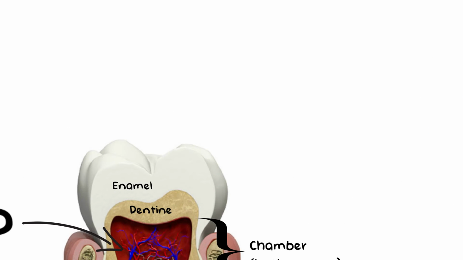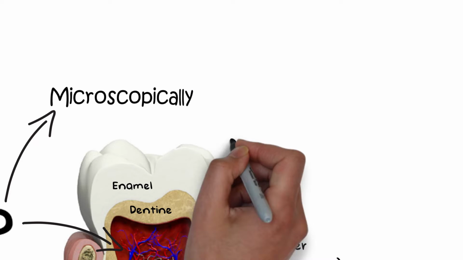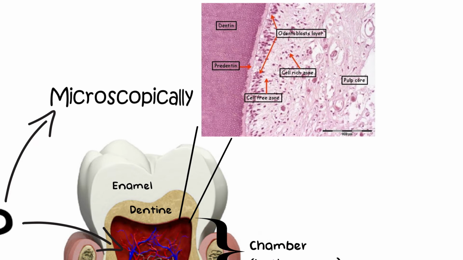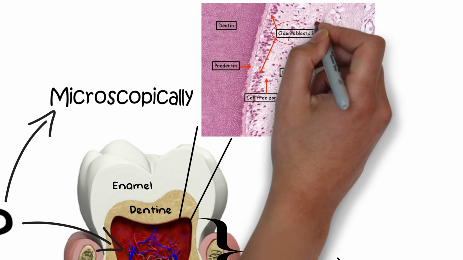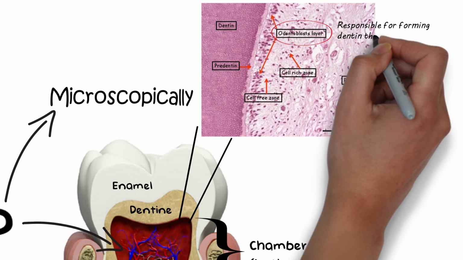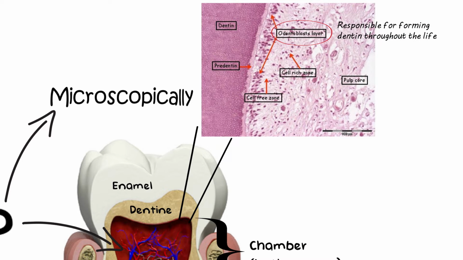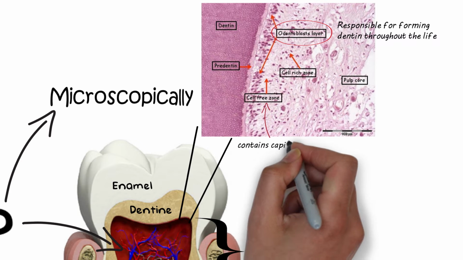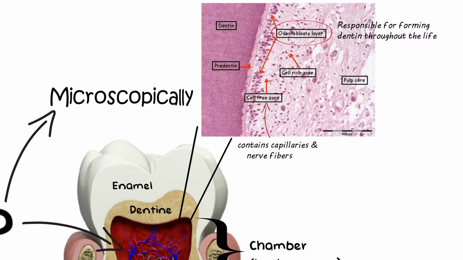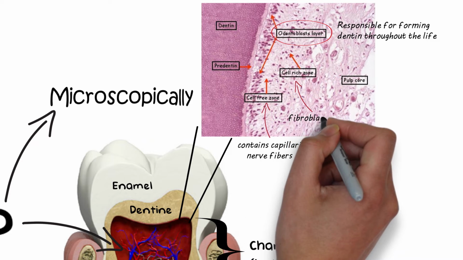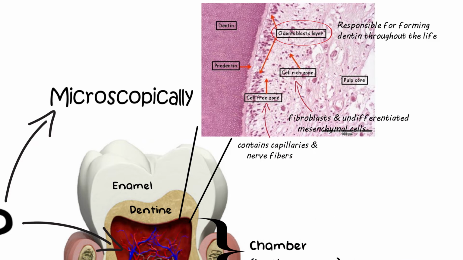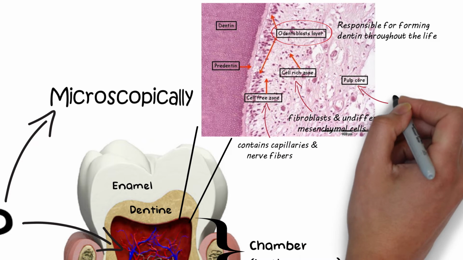At the outer border of the pulp lies the odontoblastic layer. These odontoblasts are specialized cells responsible for forming dentine not only during tooth development but also throughout life in response to stimuli like caries or trauma. Beneath the odontoblasts, the pulp is subdivided into three zones: the cell-free zone of Weil, which contains capillary and nerve fibers; the cell-rich zone packed with fibroblasts and undifferentiated mesenchymal cells; and the pulpal core, which houses the major nerves